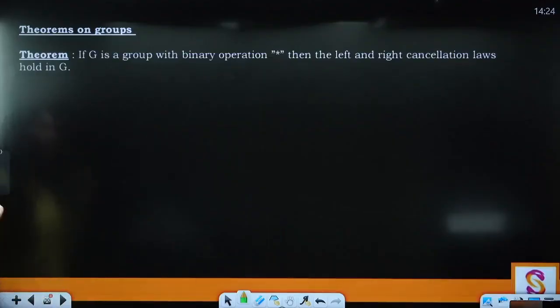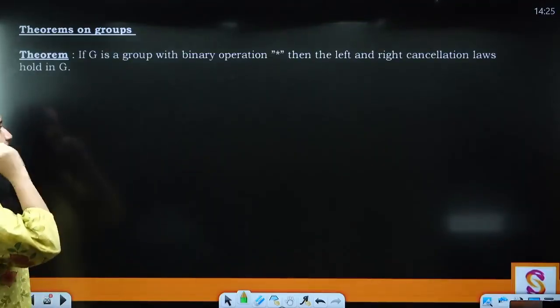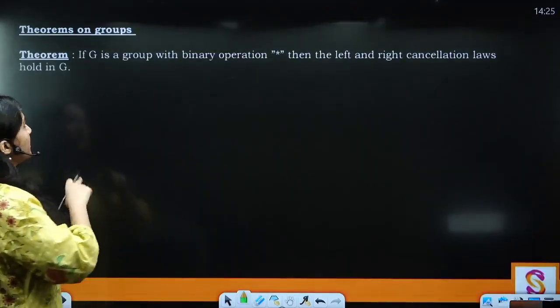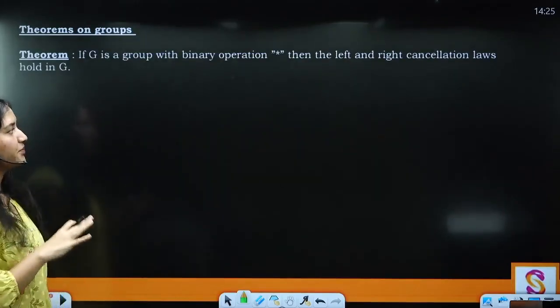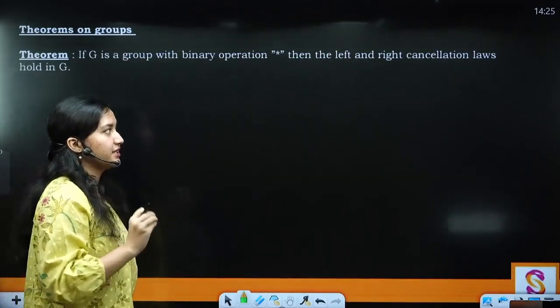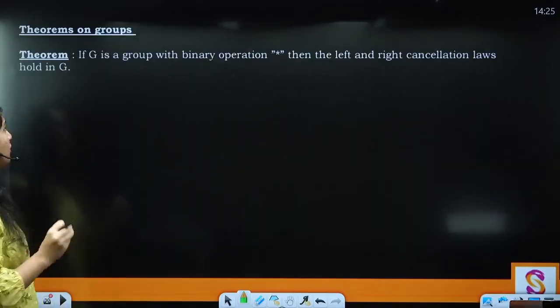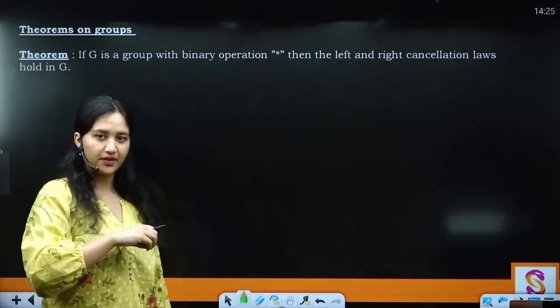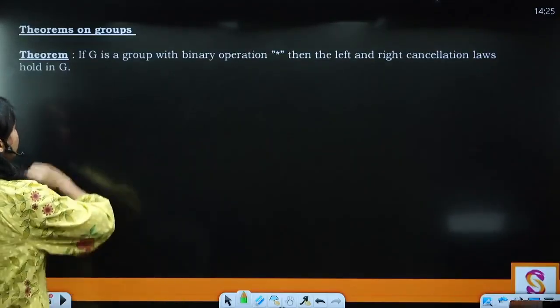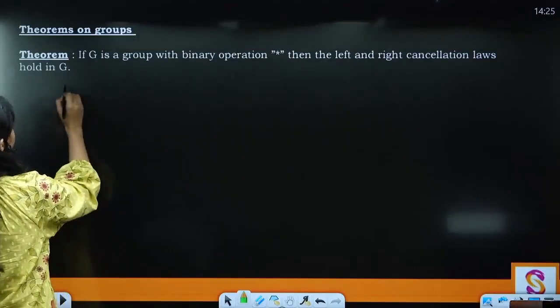Now that we are done with the questions, let's take some theorems. Now what does this theorem say? If G is a group with binary operation star, then the left cancellation and the right cancellation laws hold in G. What does this mean? That for all, or I should say,